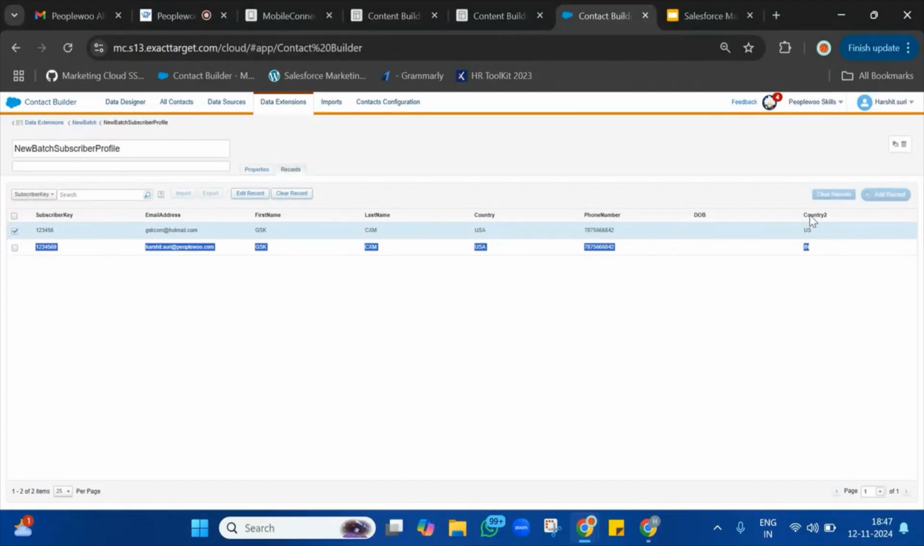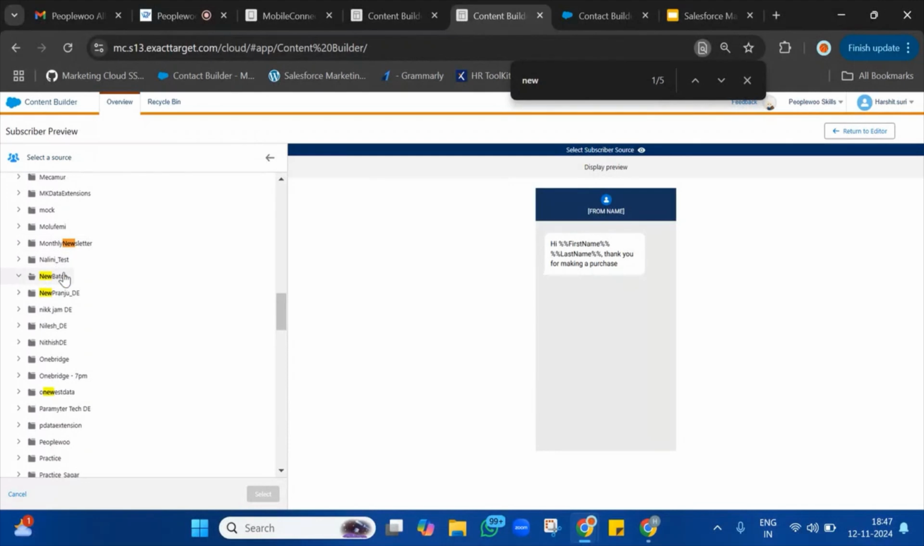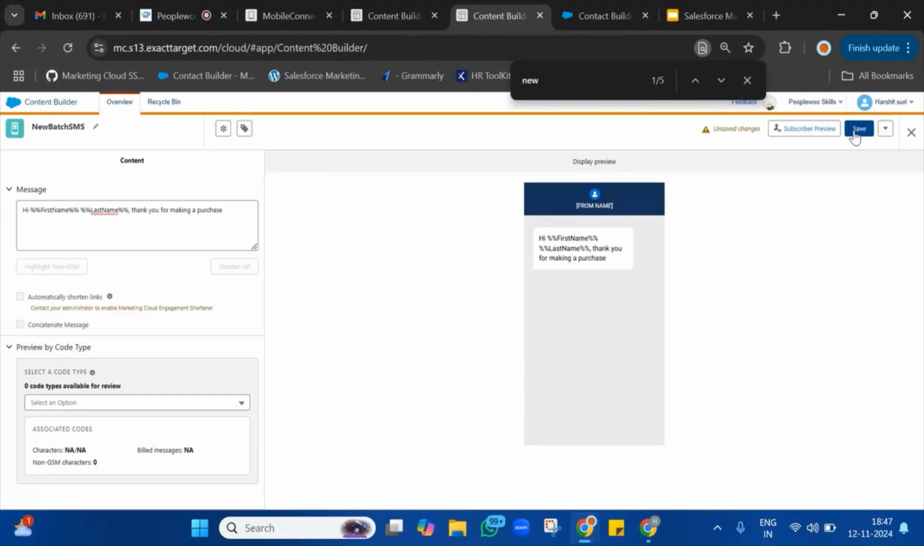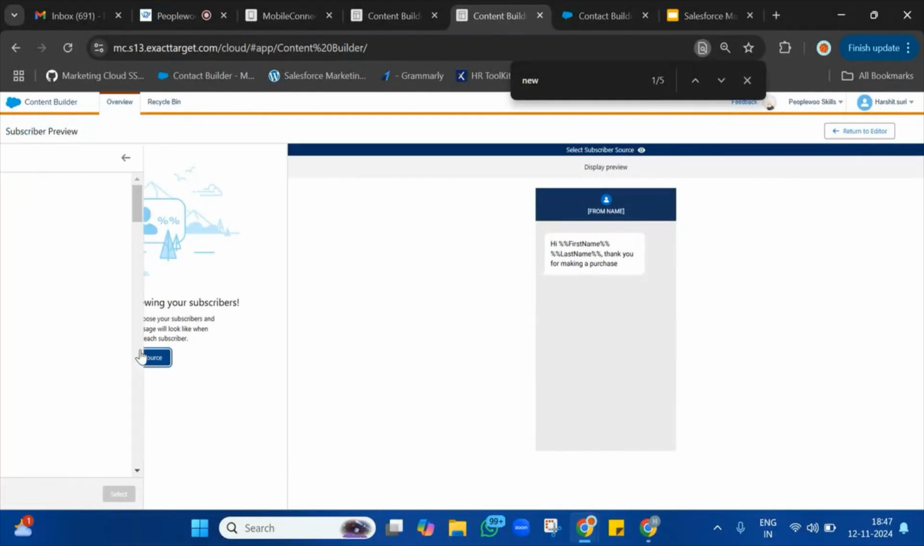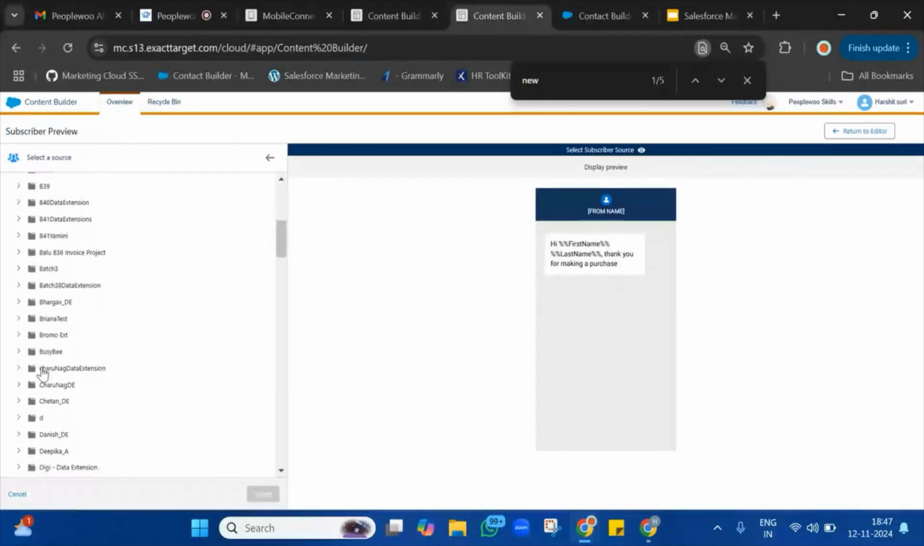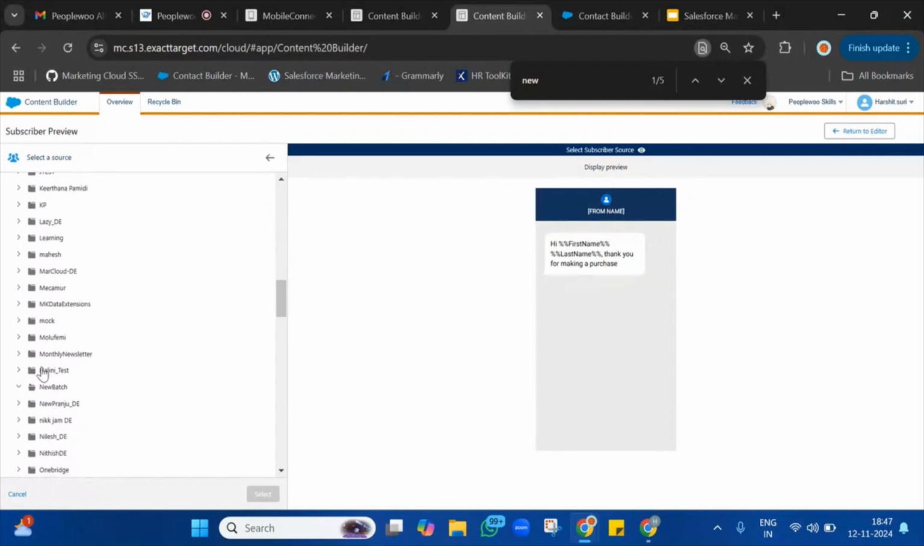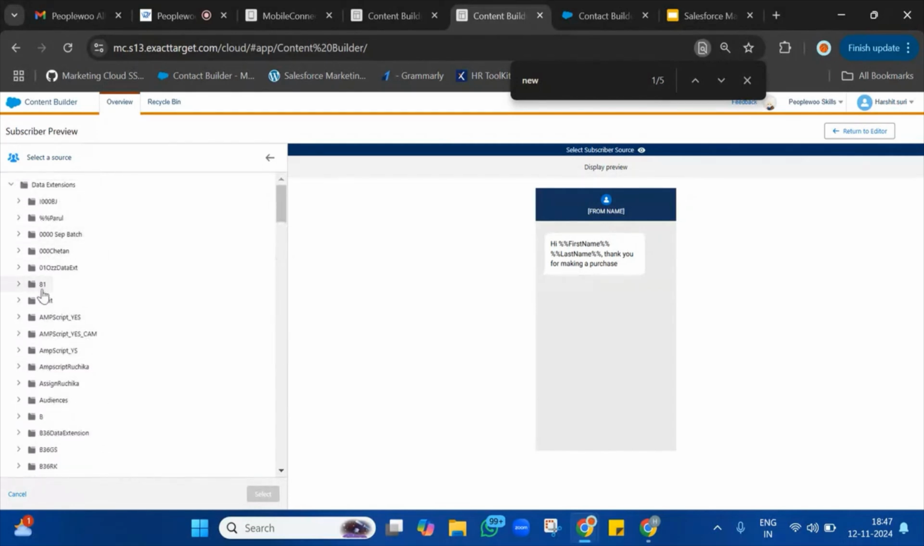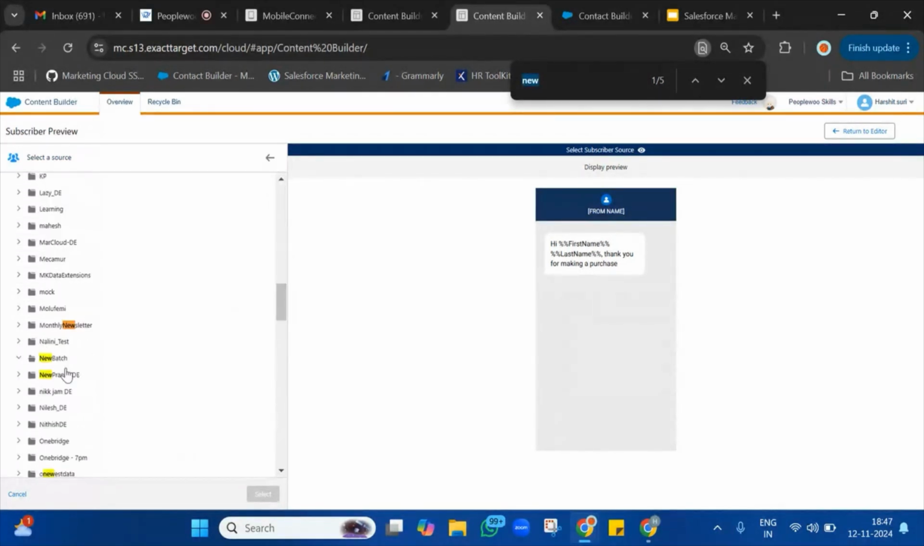As our local data type was not present, the data extension was not available in the preview. But now as we have added the local data type, we will again try to preview the data extension and see if it is working or not. So we will have the same data extension, the same folder selected again. So we have the new batch subscriber profile available. Click on select